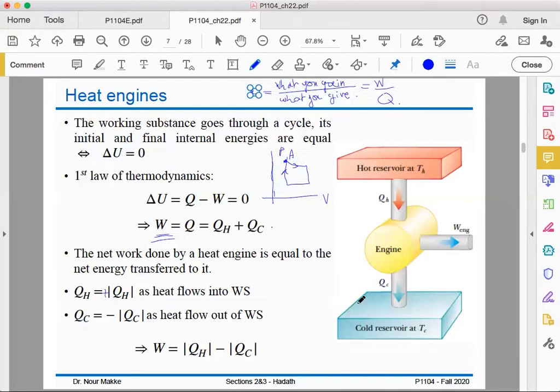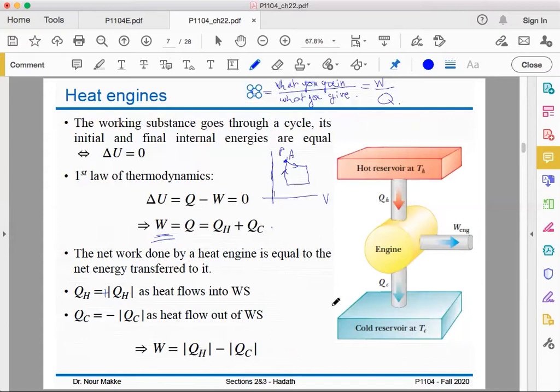Now, about QC, QC is the amount of heat which is leaving the system. It's flowing out of the system. So if we write QC, we find that it is a negative value because it is leaving the system. So this is why we write it as minus the absolute value of QC, to say that QC here is a negative value. So we put minus and keep the absolute value of QC, meaning we keep its magnitude by itself. And so this is the heat flowing out of the system. So we end up with W, the work done by the working substance, equal to QH minus QC as